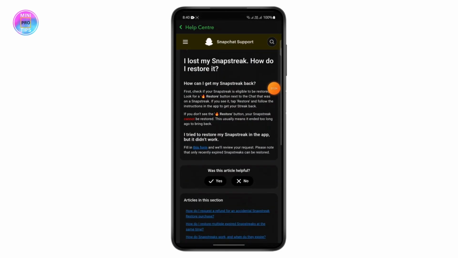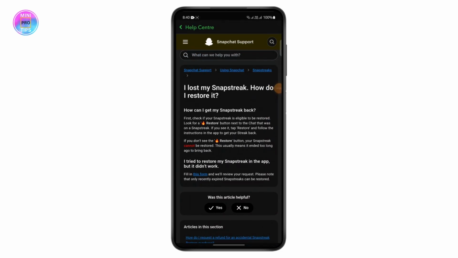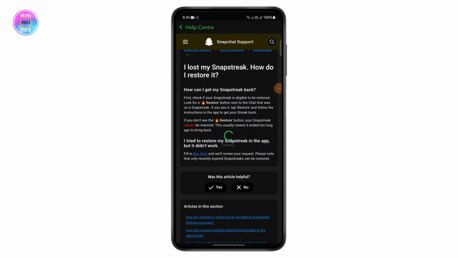Snapchat offers you a way on how you can restore a streak, but if any of this didn't work, you can fill out this form. So just tap on this,